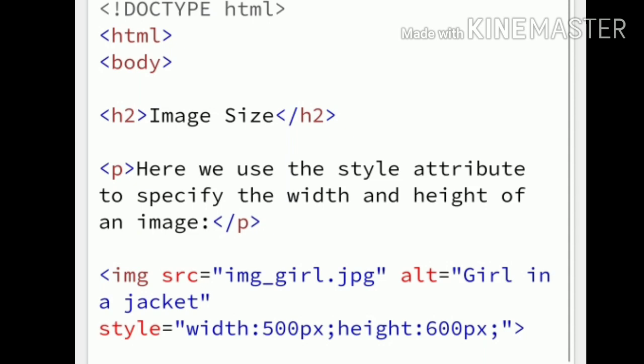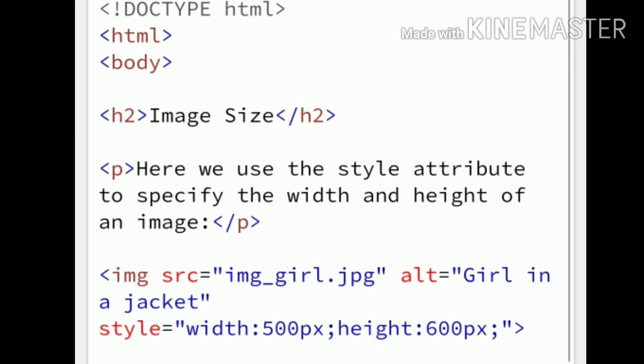Output of this: see, if a browser cannot find the image, it will display the alternative text, that is the alt text. At the bottom there are no flowers shown, it just did not display the image because it did not find it. The images did not display in that particular way.